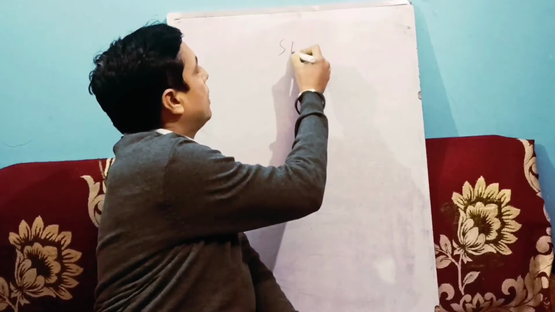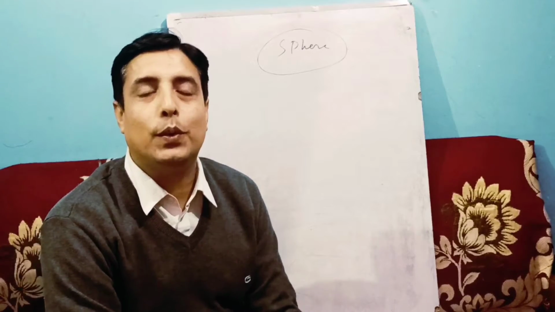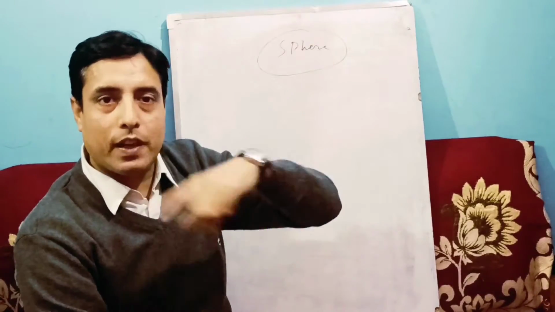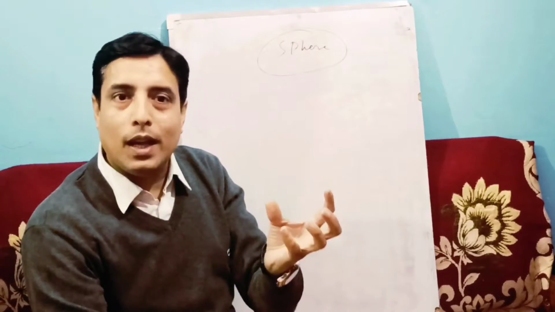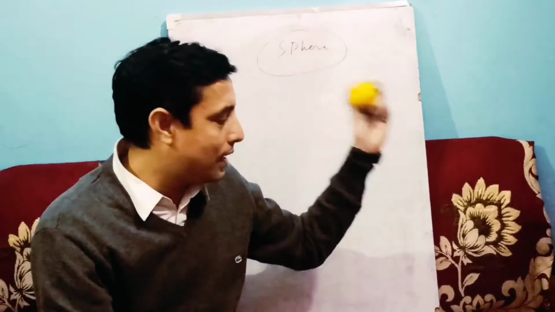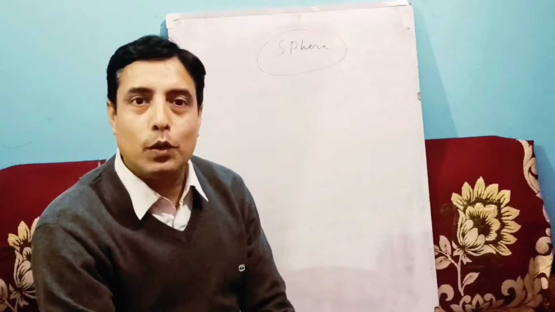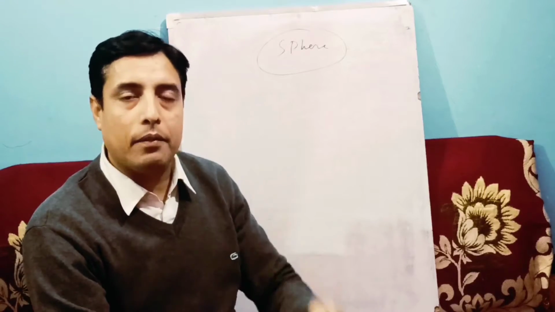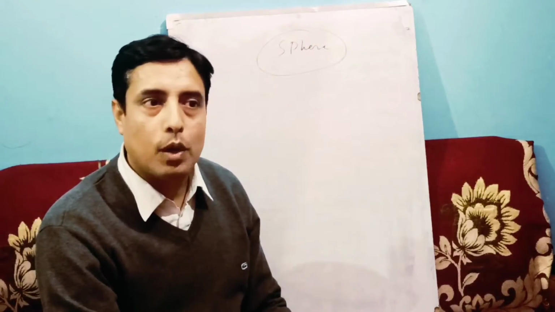Today we are going to discuss a very important topic for 9th and 10th class, and that is the sphere. You must be very much aware of this spherical shape. The earth is in a spherical shape, and so are a football and a ball. Any fruit like an orange is also spherical. Watermelon, globe, everything you see, these are all in a spherical shape.